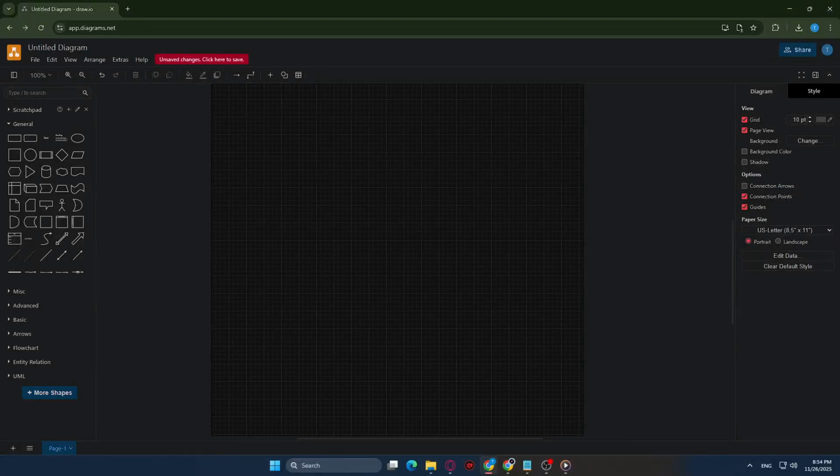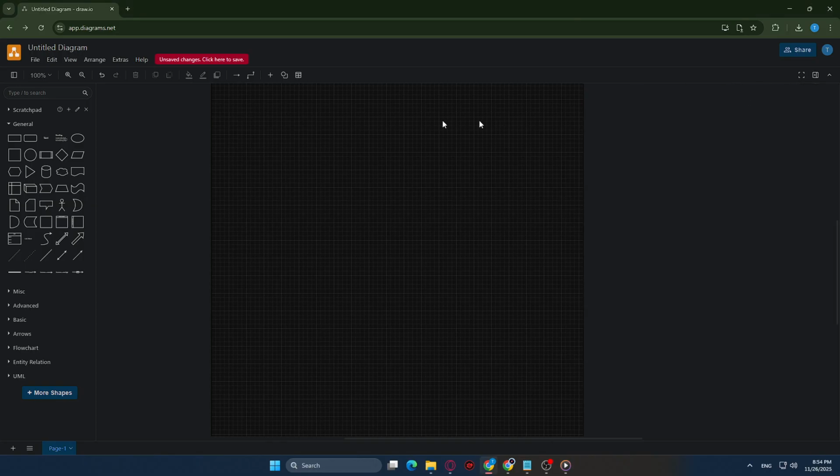In today's video, I'm going to teach you how to edit tooltips in Draw.io quickly. Tooltips are those little pop-up notes that appear when you hover over a shape or connector. They're perfect for clarifying acronyms, adding quick instructions, or giving context without cluttering the canvas. Let's walk through the simplest way to add or edit them so your diagrams are easier to understand at a